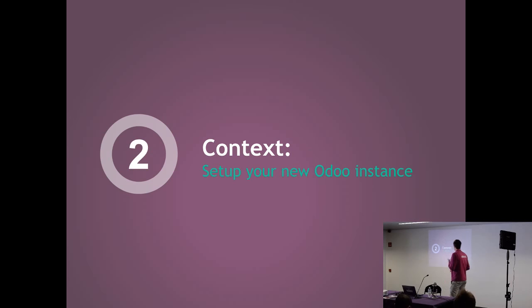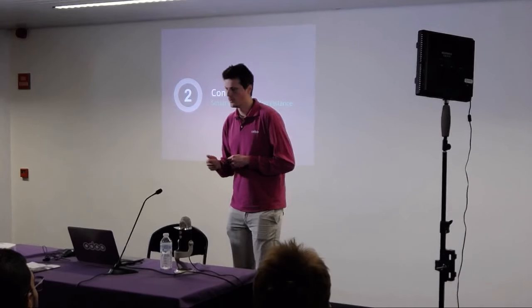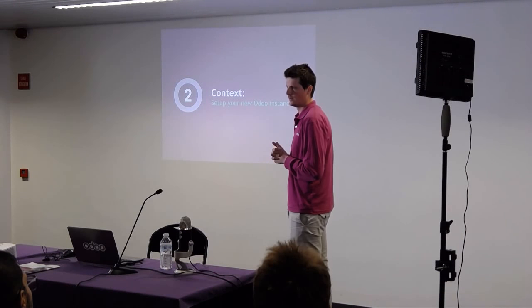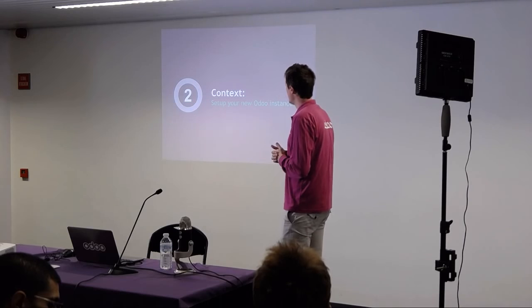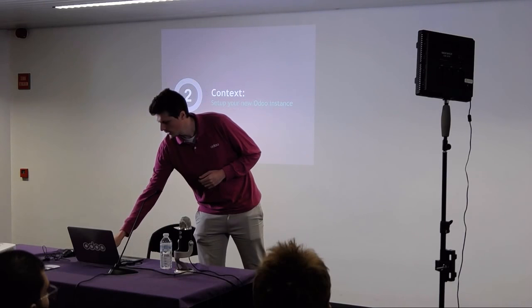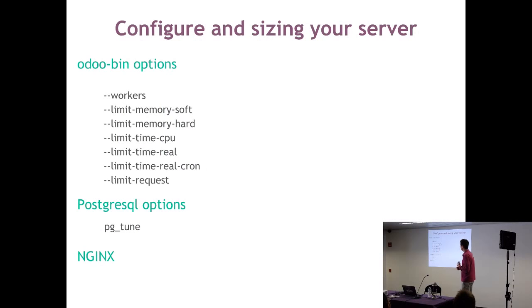So first, my context: I create a new instance. You have a customer, perhaps you want to create a new instance. The first thing you want to do is to know which kind of hosting you will have. You can choose our SaaS platform or the Odoo SH platform, but you can also have your own instance on your own server. But the problem is, when you do that, you have to understand all the options and how to create your own instance. So the first thing, you will certainly check the documentation about how to set up and deploy